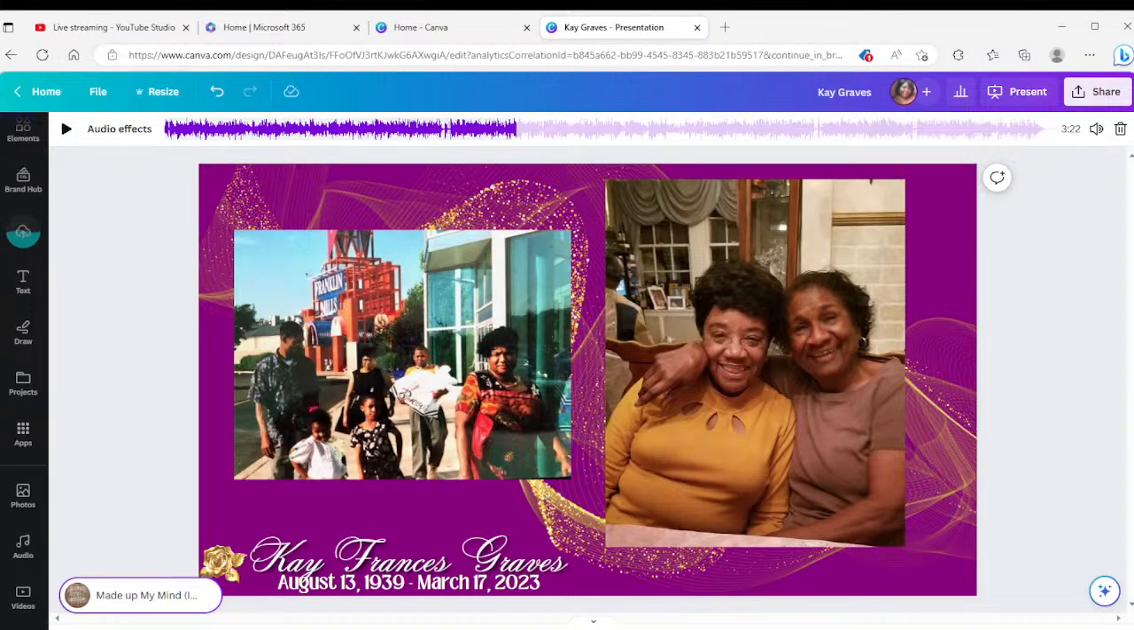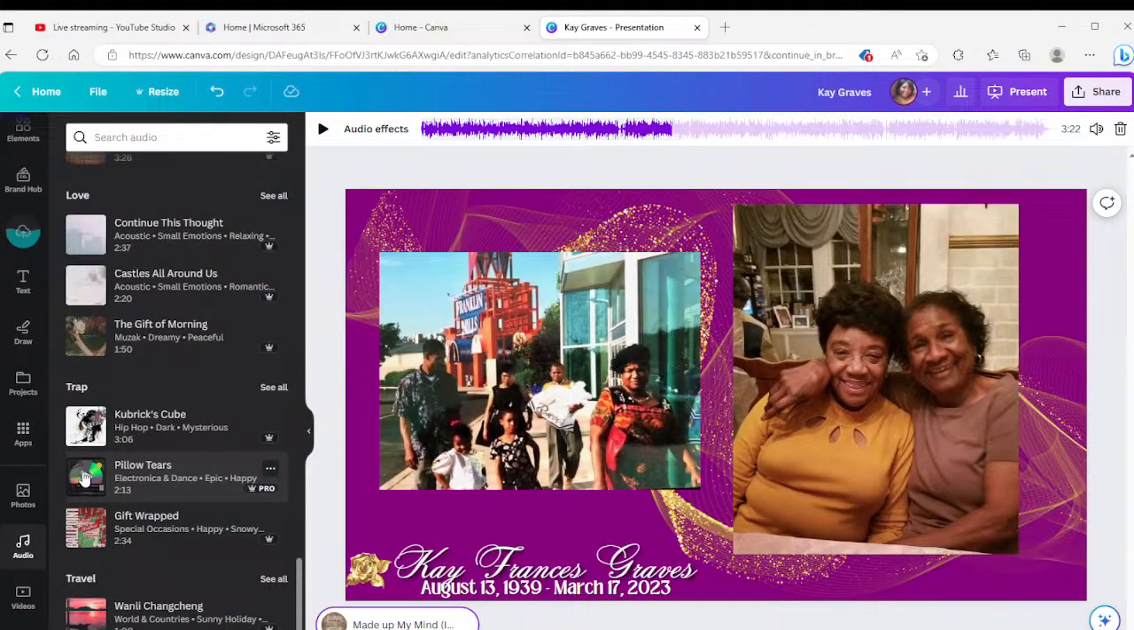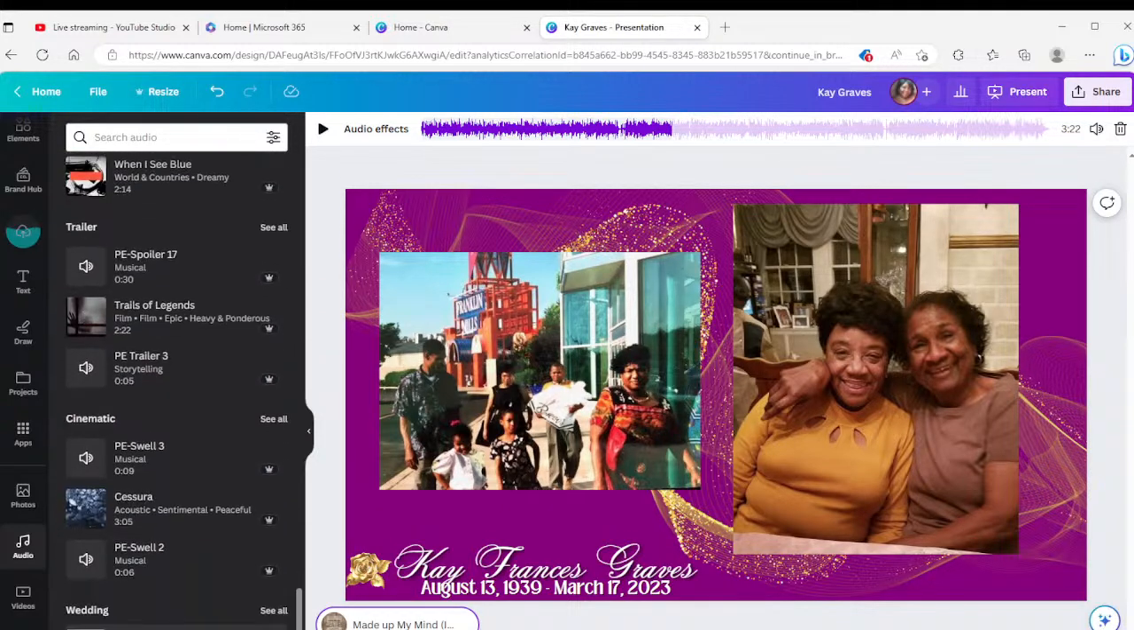Let's see if I can move my screen. But you would add, good grief, it's taking forever. So you would add the audio if you want to listen to other stuff. You can listen to it. But mind you, you have to have the pro account to get the royalty-free music that is already with